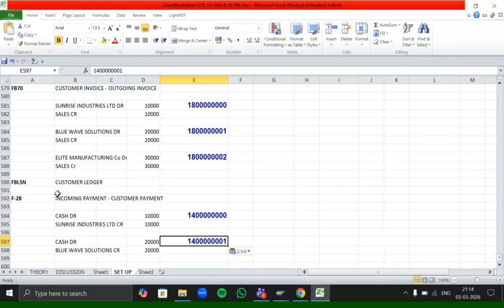The scenario is something like, now whatever product we sold to Elite Manufacturing, there is some damage in that product. So Elite Manufacturing is saying that we don't want this product, so you just take it back. Okay, but a huge amount of transactions already happened. We have already recorded that, right? So we don't want our customer to return us that product. So what we are doing here, we somehow just convinced our Elite Manufacturing Company that it's fine.